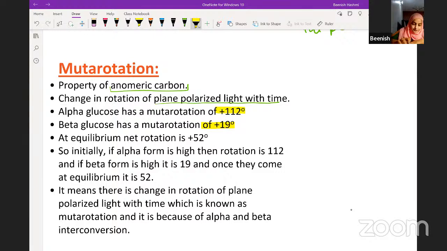So it is a reversible reaction, as your alpha form can change into beta and beta form can change into alpha, and at equilibrium your rotation will be 52 degrees, and when your alpha concentration is high, the rotation is 112 degrees, and when beta concentration is high, it will be 19 degrees. Therefore we say that there is a change in rotation of plane polarized light with time, which is known as mutarotation. So this is happening because of mutarotation, that there is a change in the rotation of plane polarized light, which is depending upon the